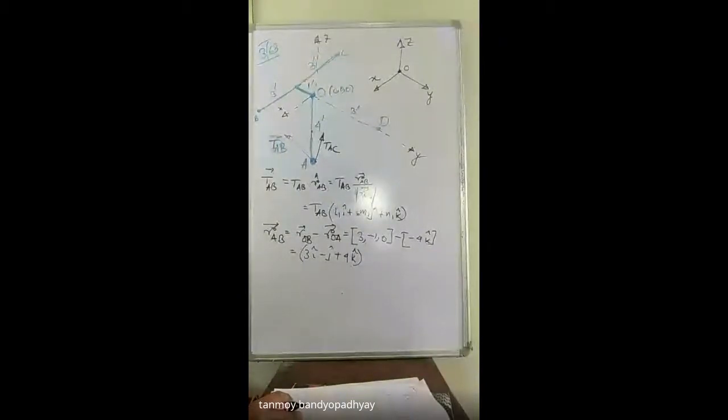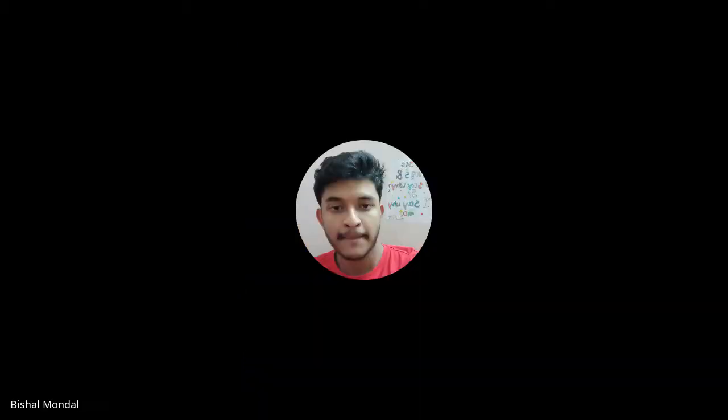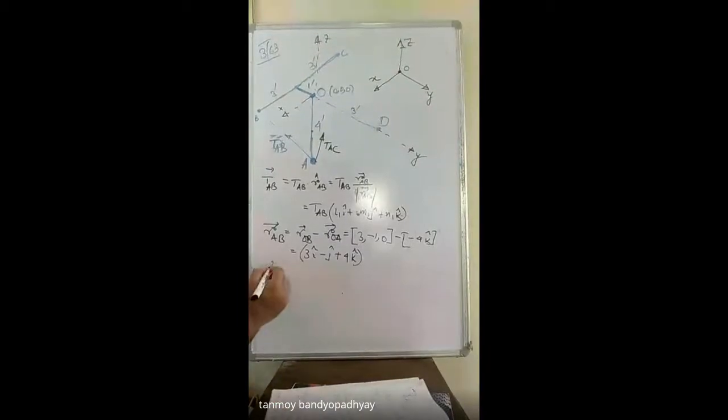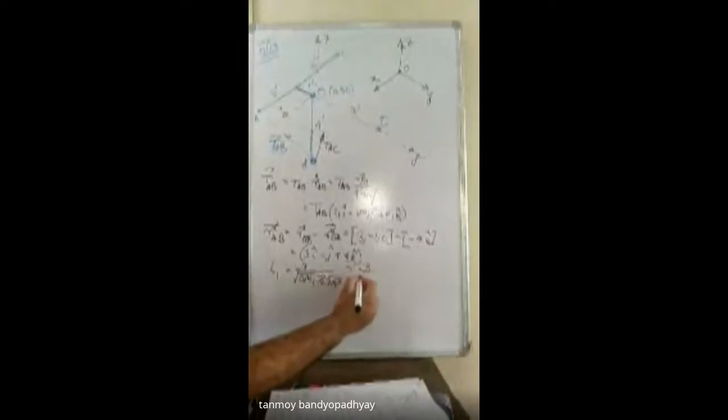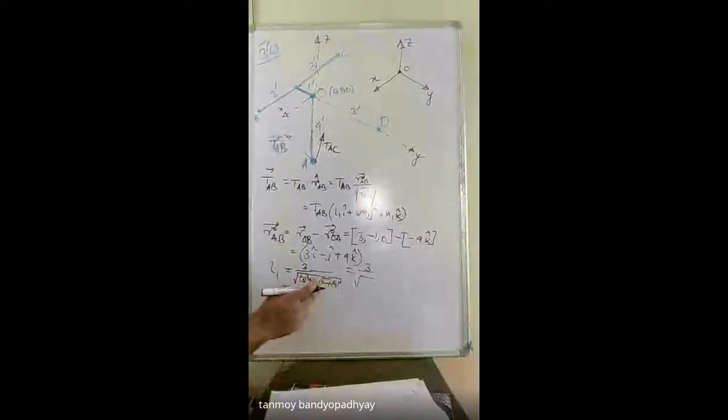Yes sir, yes sir. So I hope now we can calculate L1. So what will be L1? L1 will be equal to this one: 3 divided by root over of 3 square plus -1 square plus 4 square. So just see what we are getting. This is 3 by root over of 9 plus 1 plus 16, 26, or 27, I think. Just check. So M1 will be equal to -1 by root 27 and N1 will be equal to 4 divided by root 27. ঠিক আছে?